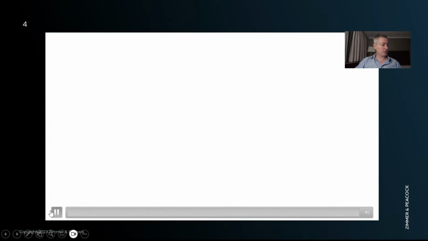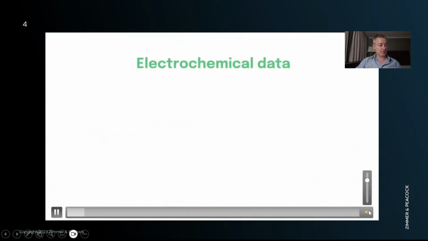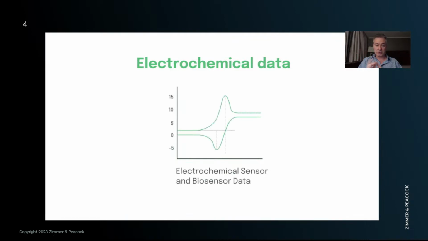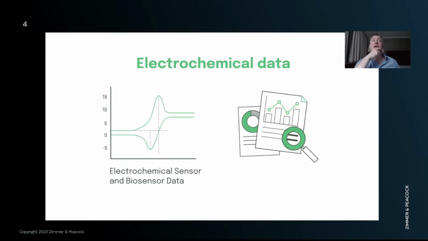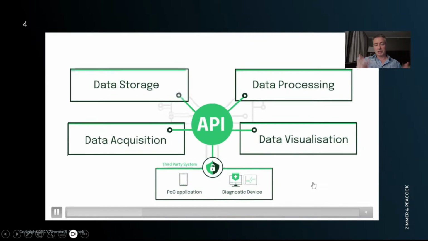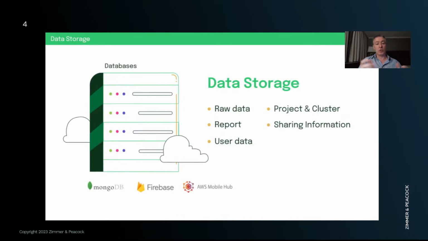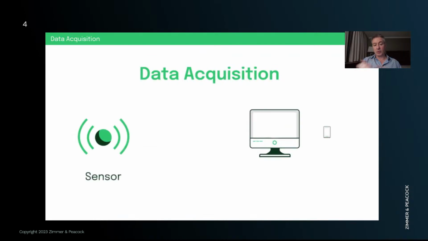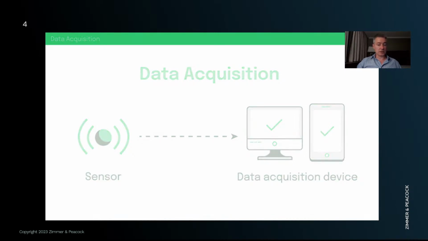The intention of this webinar once a week is really to answer questions about Djuli that come in during the week. Something that comes in a lot is about our freemium versus premium option, and I will discuss that in a little bit. But really just to say, Djuli is a data management system that at ZP we use day in, day out. We upload our data, we can visualize our data, we can analyze our data, we can share our data, and it also has an API function so we can get the data to other places.